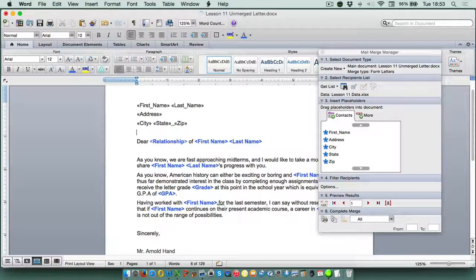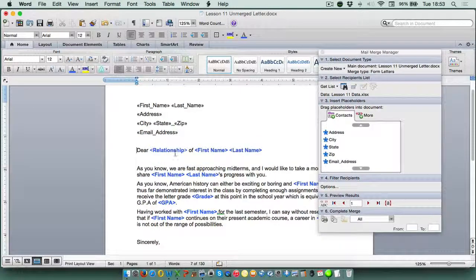Then I want to include the student's email address. Probably wouldn't go in a real letter, but I just want to show you how this works. And I'm going to drag over email address and get a little extra space here. And now I'm going to make these all blue and bold just so that we can see them on the screen. Now I'm going to come over here where it says relationship, and I'm going to delete that,